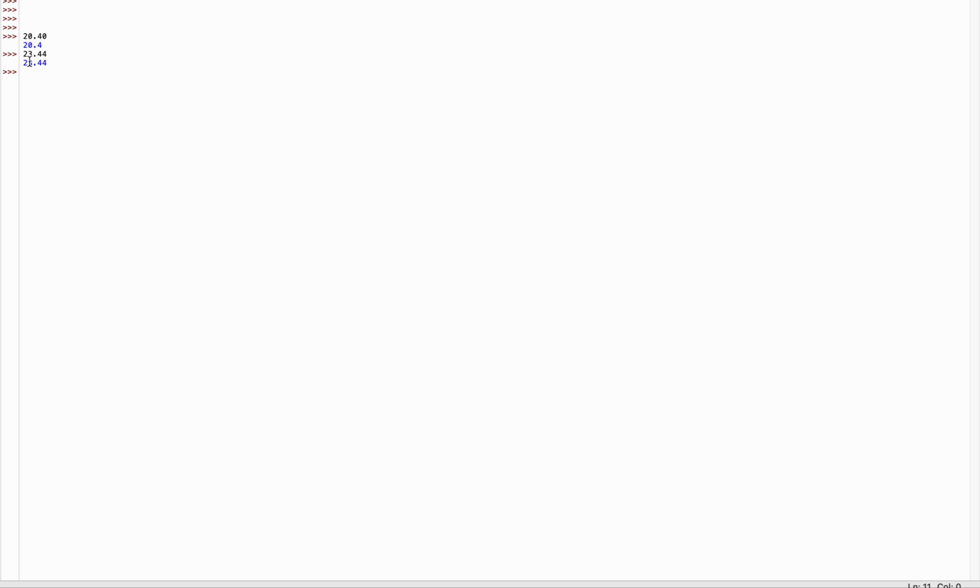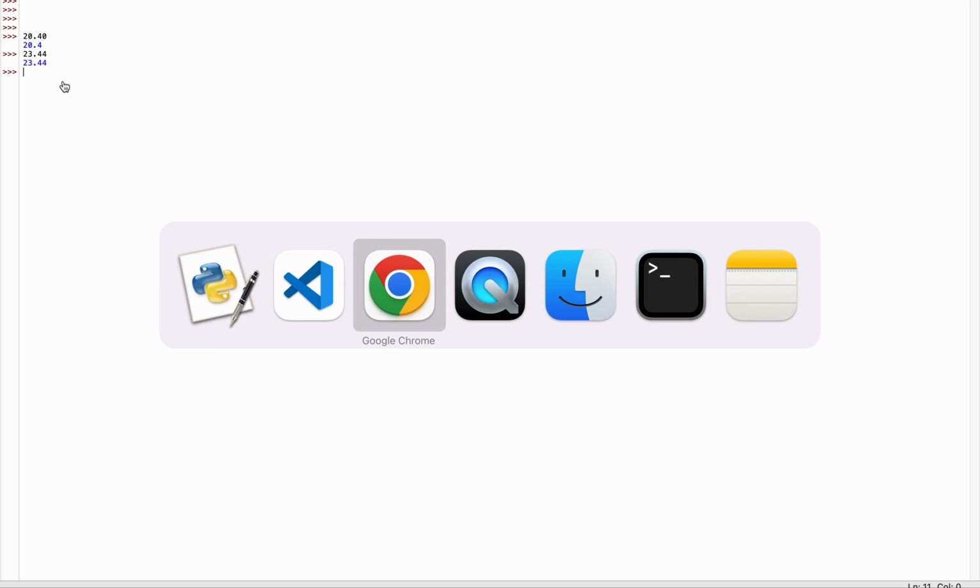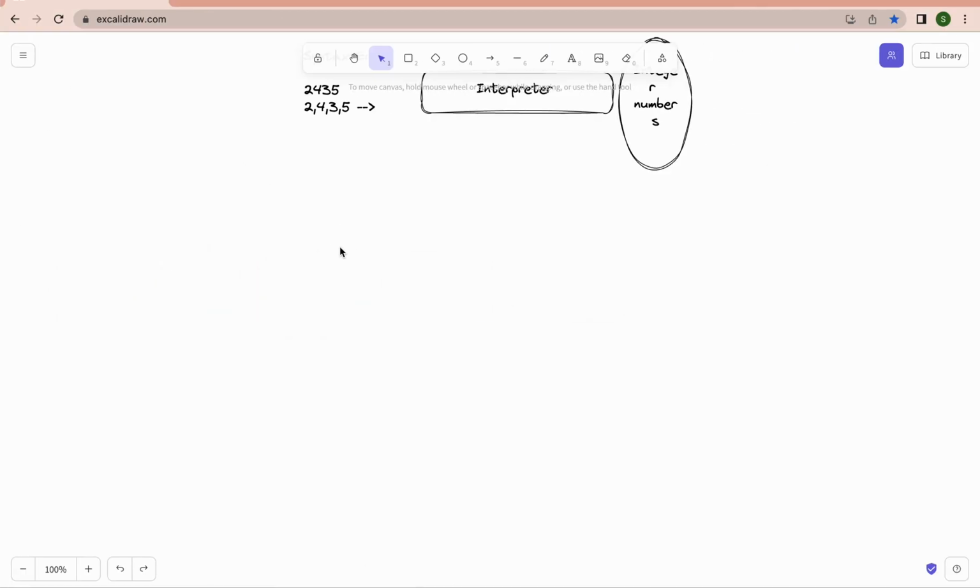That means 23.44, this statement is internally matching with the predefined syntax of the Python interpreter, or you can visualize that the Python interpreter is cross verifying with the parsing trees, and for this type of statement there is a parsing tree that already exists. Now let me explain diagrammatically so that you can visualize.